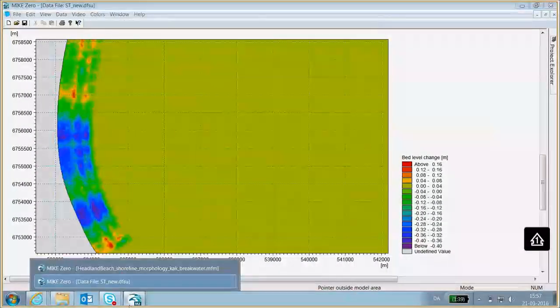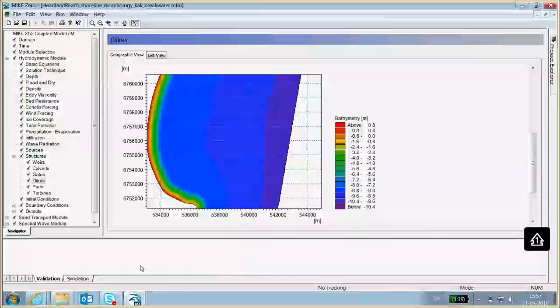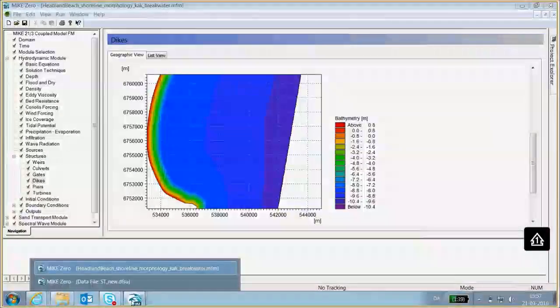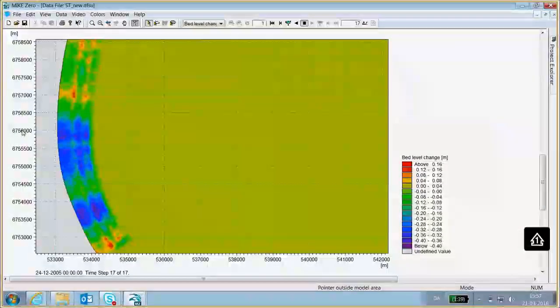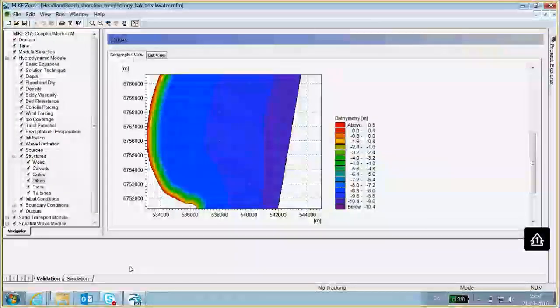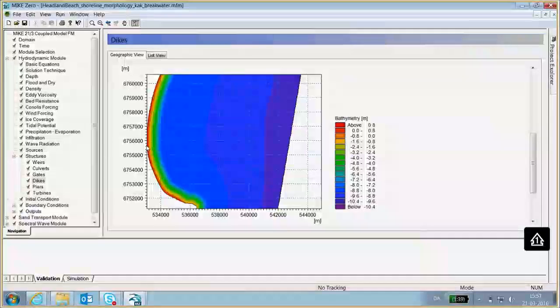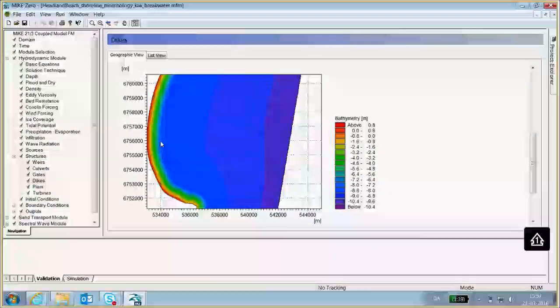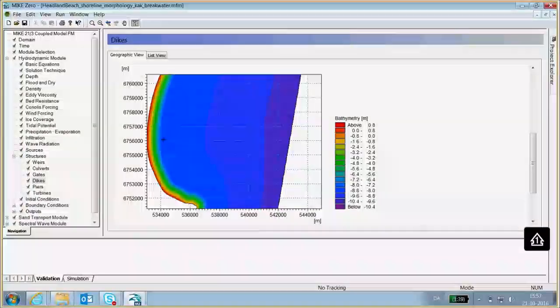That's a good first test. And once we can remember the approximate coordinates, then we can simply draw it in here. So we will just say add new dike from here to here.